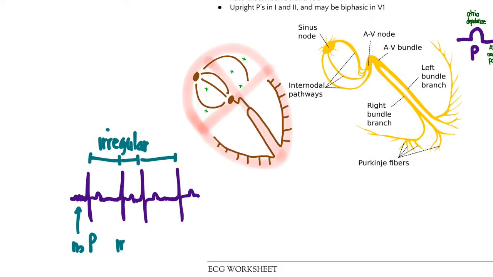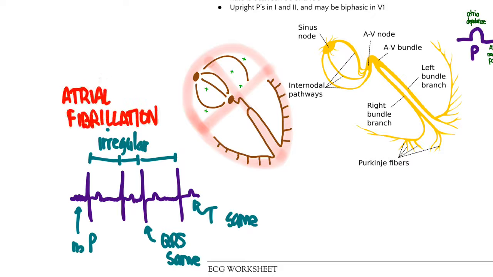But then we notice that the QRS looks the same, right? And then the T waves also looked the same here, as we had seen with normal sinus rhythm. So this is something that we call atrial fibrillation. Fibrillation is like this kind of wavy, shaky, tremulous waveform that we see here, and atrial because it starts in